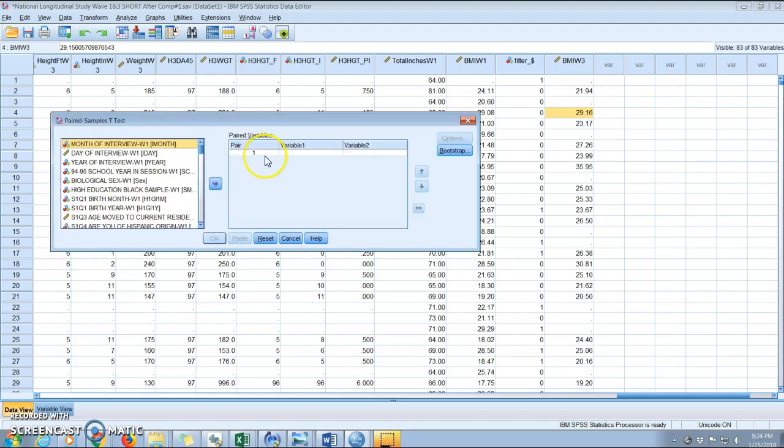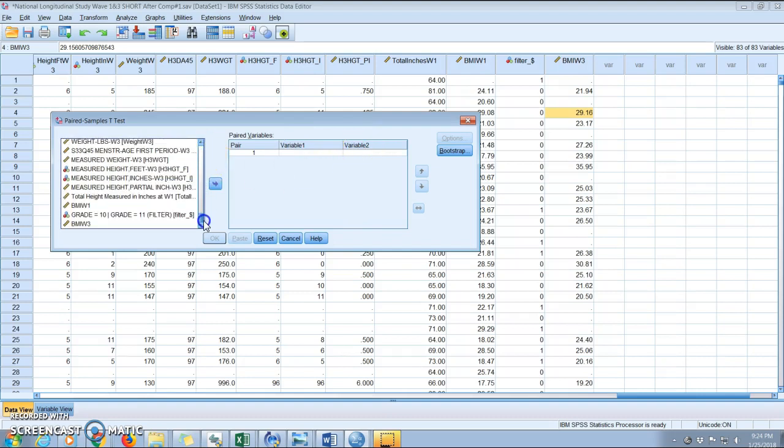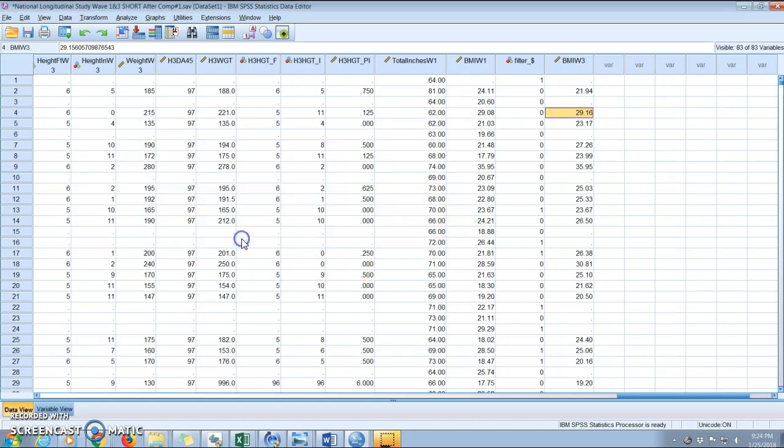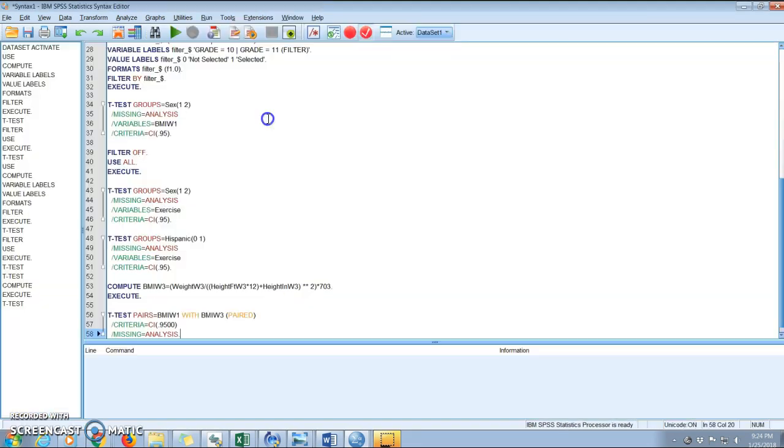What you're going to do is create a pair of variables by identifying variable 1 and variable 2. This one's easy to find because they're both down here at the bottom. So I have BMI at wave 1, I'll put that in there, and that'll go in as variable 1. And then BMI at wave 3, and that's variable 2. I'll hit paste, come over here to the syntax window, run that,